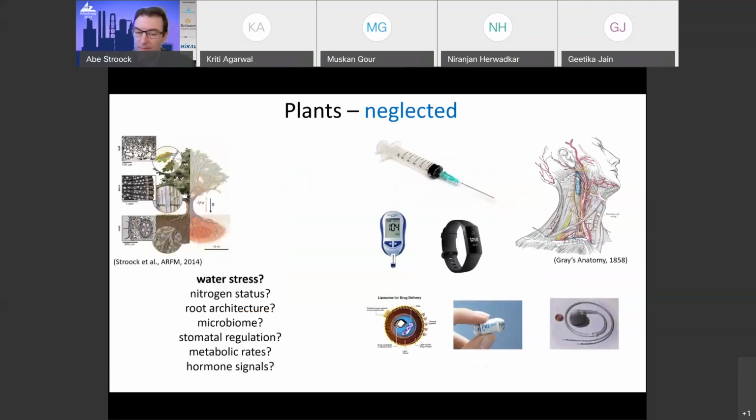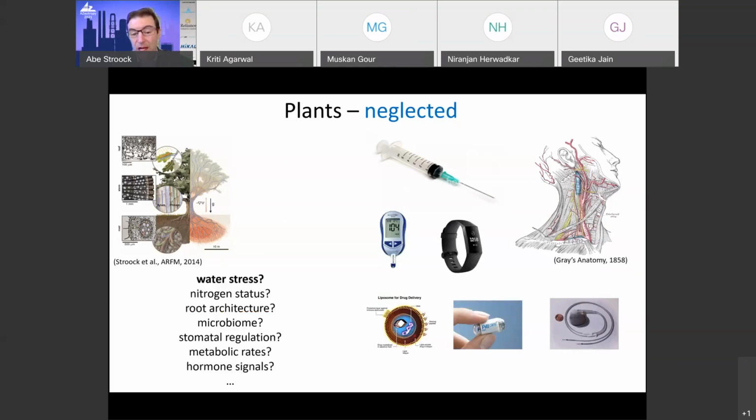In an important sense, plants are neglected, and when I say neglected, they're neglected by us, by engineers. Whereas here on the right, there have been huge investments, intellectual and financial, into creating technologies to interact with mammals, and in particular humans. We lack even the most basic crucial tools to interact with plant life.